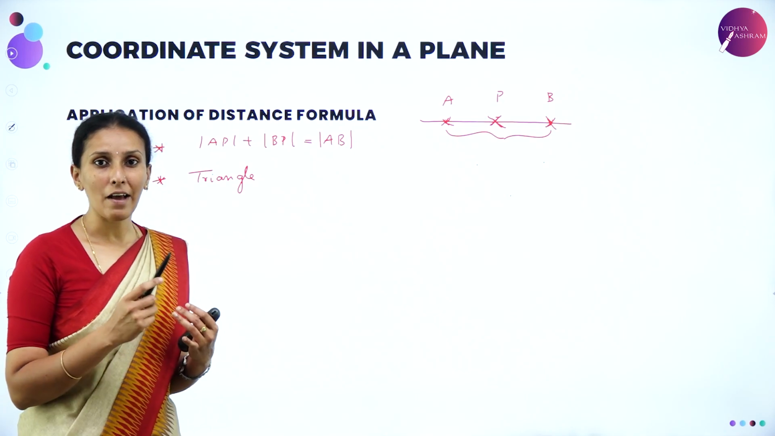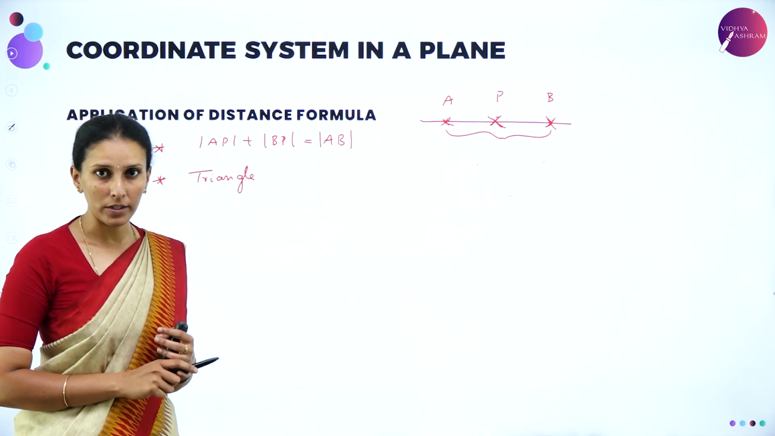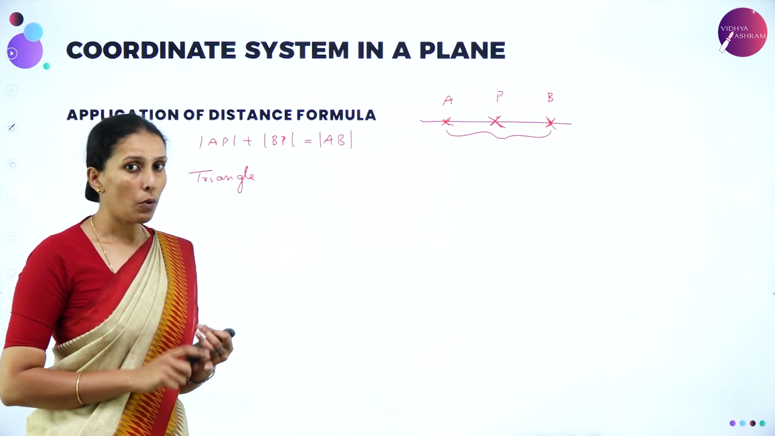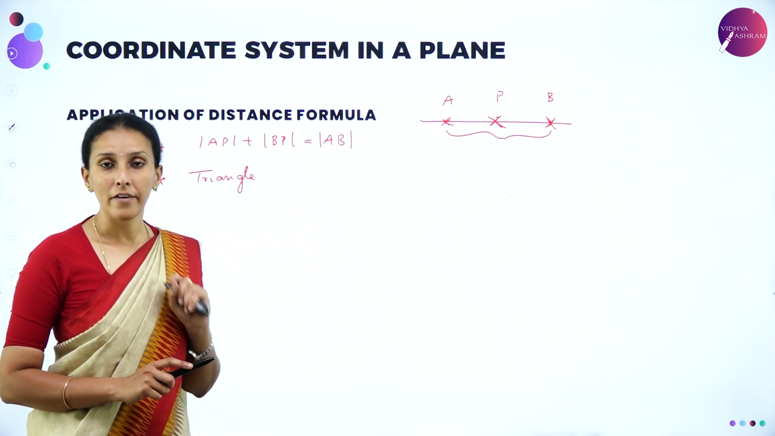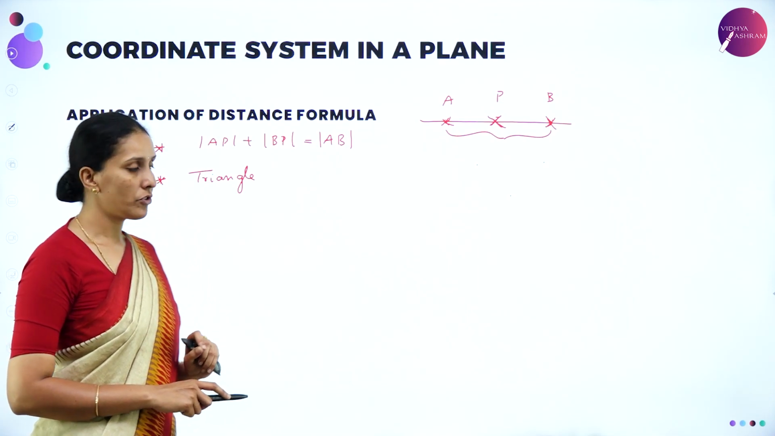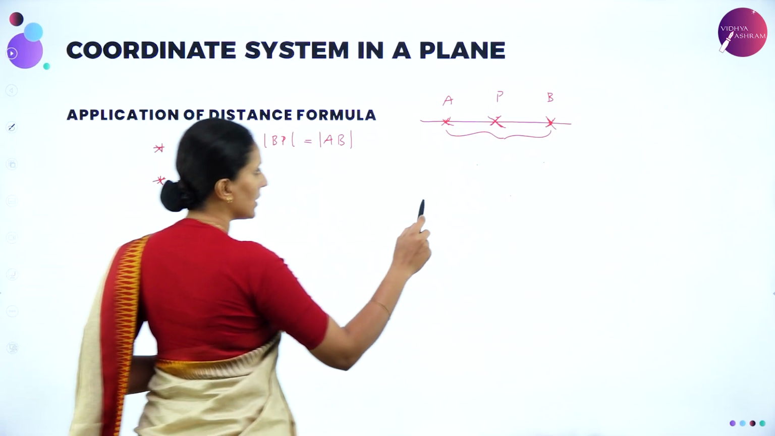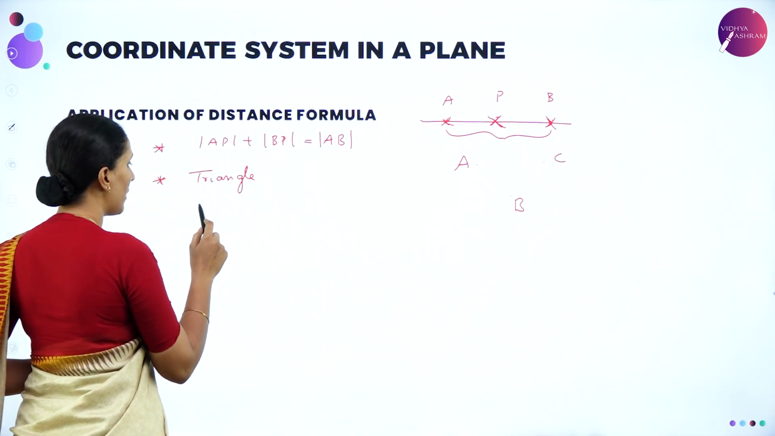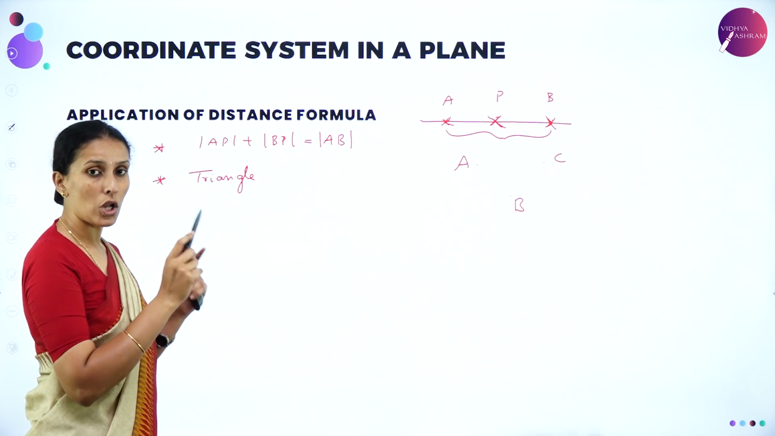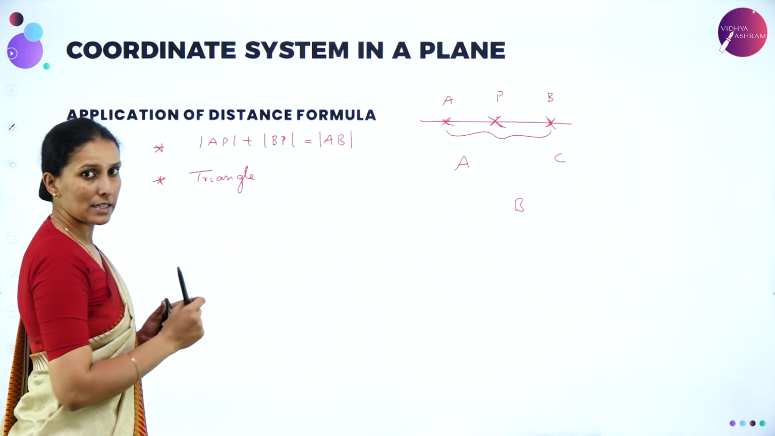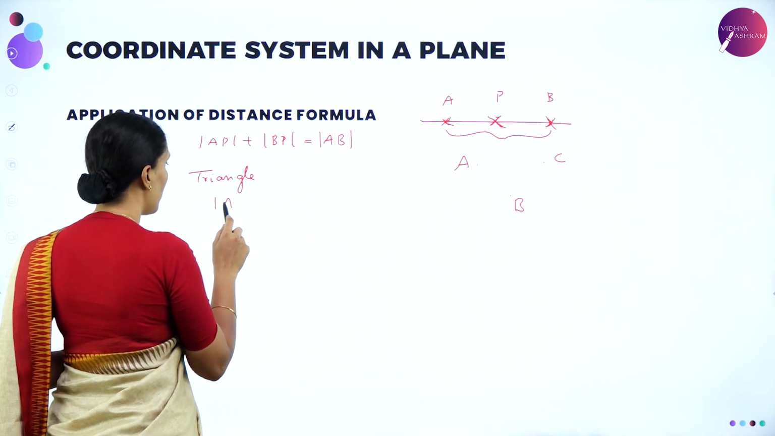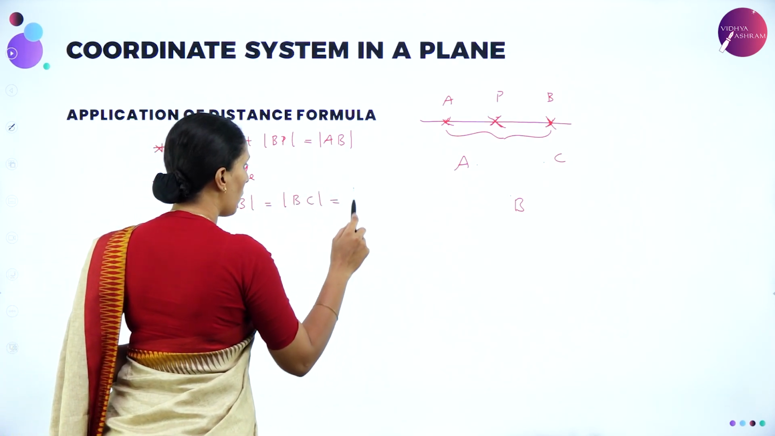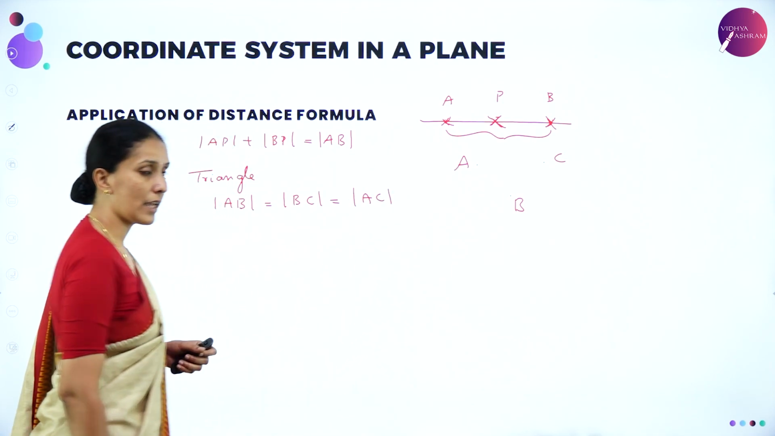Now basically we have learnt types of triangle based on sides: equilateral, isosceles and scalene triangle. How to show that these 3 points represent an equilateral triangle? Suppose we consider these 3 points as A, B, C. It forms an equilateral triangle if all sides are equal. All sides are equal means the distances must be the same. So if we show that distance AB, distance BC is equal to distance AC, then it forms an